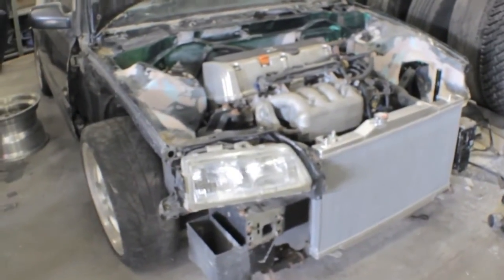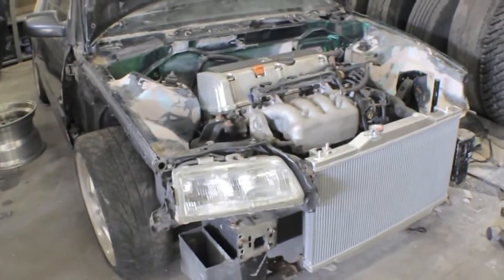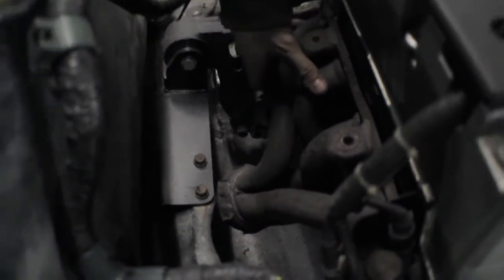And soon we're going to be finishing up with this so we can pull the motor out and paint the engine bay. Another thing that we have to mock up for the swap before we paint it is going to be the headers, since we're using the stock RSX headers. They're actually almost clear, so we're just going to be heating them up with torches and then bending them a little bit. It's probably like a centimeter of a difference. They barely come in contact with the subframe. That's them in there right now. So we're just going to bend them a little bit, or you can buy K-swap headers if you want, but we're trying to use everything that we have instead of spending money, so